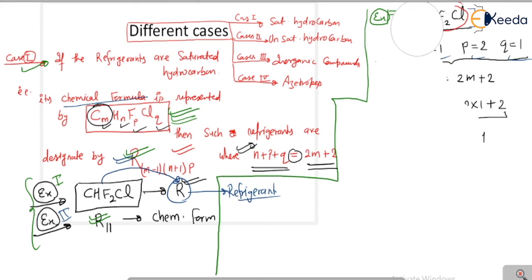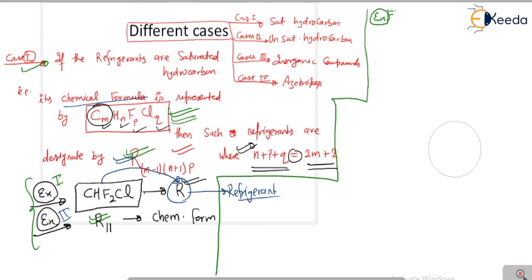अब हम एग्जाम्पल नंबर सेकंड को देखेंगे. इज इट राइट? चलिए. सो दिस इज आवर एग्जाम्पल नंबर सेकंड. And what is the example number second? That means here R11 is given, and we have to write this value in form of this chemical form. Okay, so first of all, we have to write this R11 in form of 3 digits.